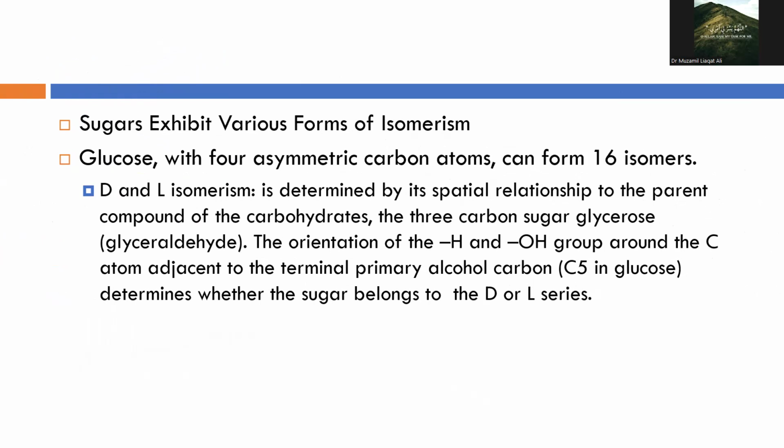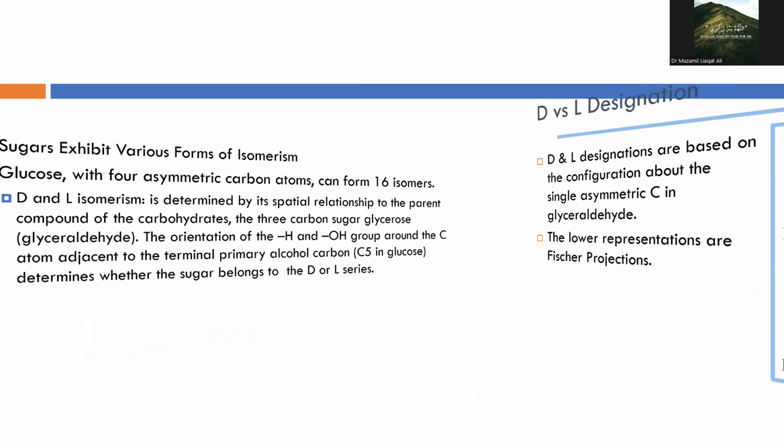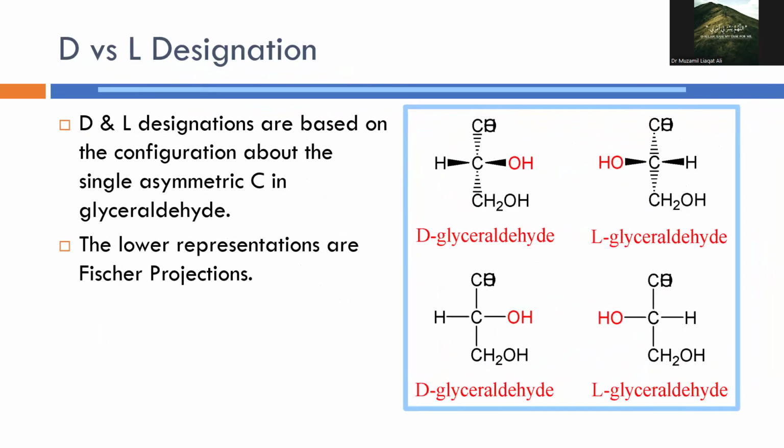In Fischer projections, the carbonyl is placed at the top. The configuration at the penultimate carbon, that is C5 in hexoses, determines D or L designation by comparison with the D or L glyceraldehyde. So the D or L system is a configurational nomenclature, not an optical rotation label. If the OH on the highest number asymmetric carbon lies on the right in the Fischer projection, the sugar belongs to the D series. Left yields